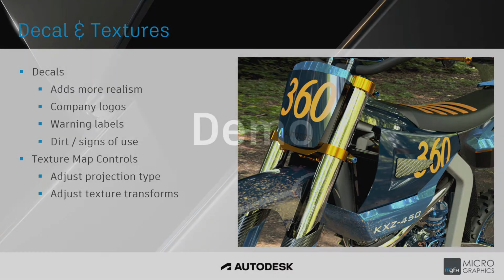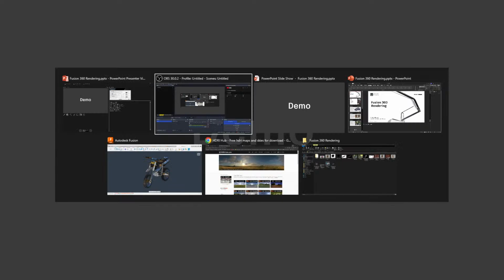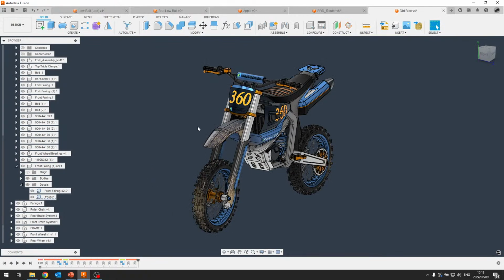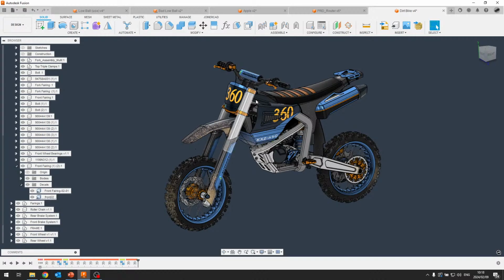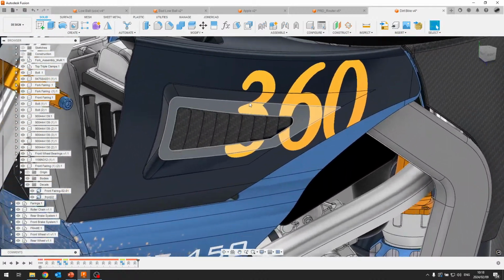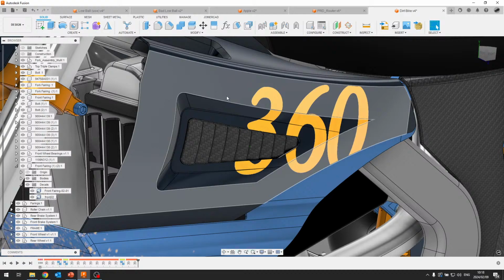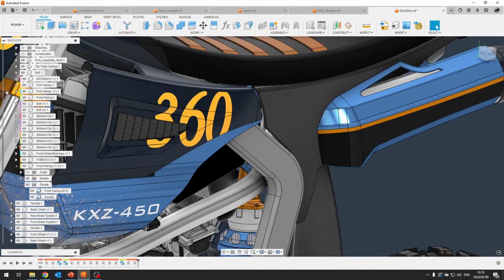So with that being said, we're going to jump into the demo. For that demo, we're going to go over to Fusion 360, and we're going to start on the dirt bike. With the dirt bike, one of the first things we'll talk about is the materials and appearances. So we can go into the dirt bike and we can see that we've got the various different components in